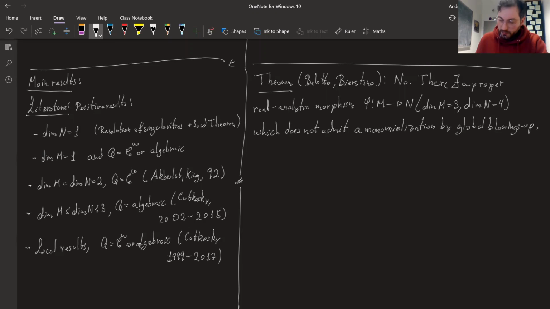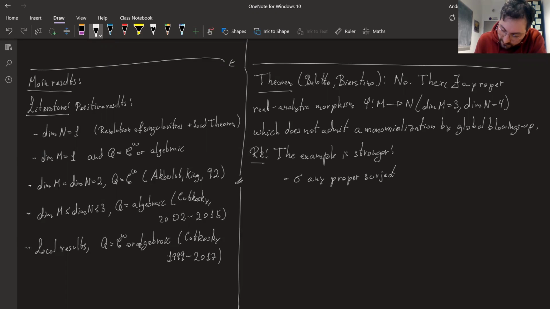by global blowing up. As a matter of fact, the example is stronger than that, in the sense that phi, sigma, sorry, can be any proper surjective mapping with generic rank 3,